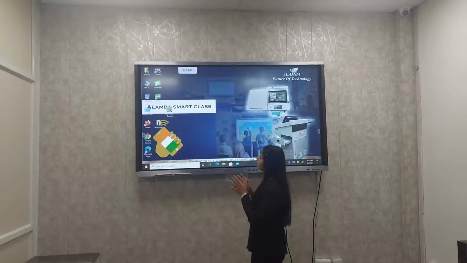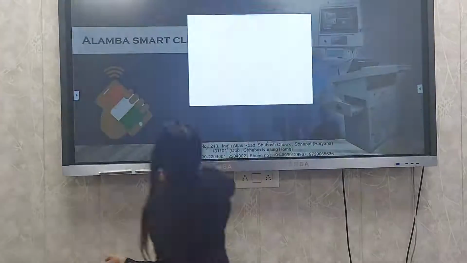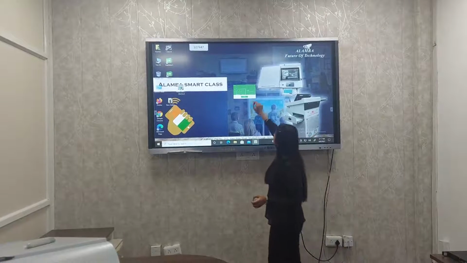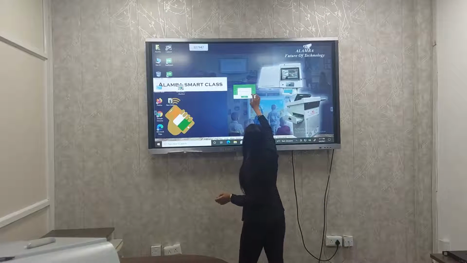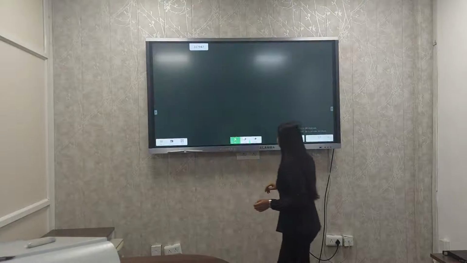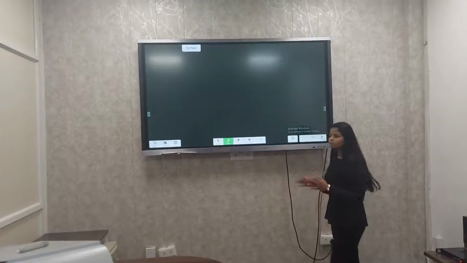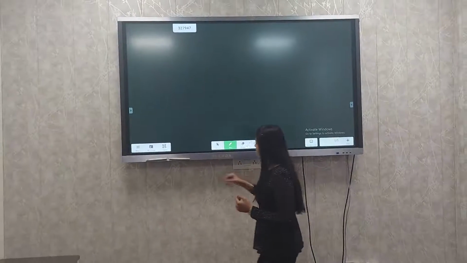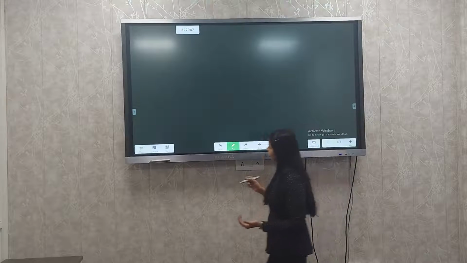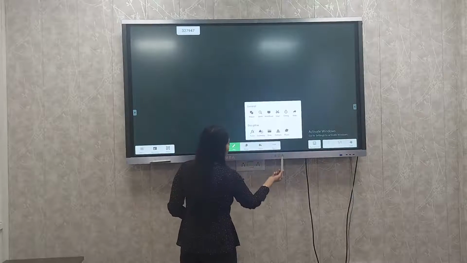So in this PC we have another writing software, that is Notefile. We have it here. The note we used in Android, it's just like that, but a bit different from that. Here's a stylus. So it totally replaces the whiteboard. So we have different options here: select, pen, eraser, undo, and more.